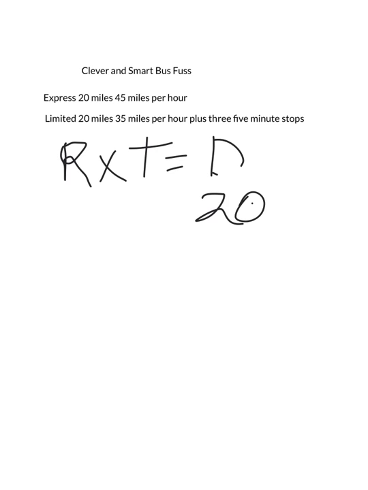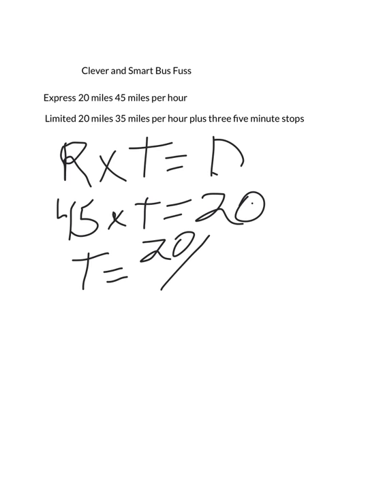So we have this formula, rate times time equals distance. And we know the distance is 20 miles. We know the rate is 45 miles per hour. And what we don't know is the time. So we can divide both sides of that equation by 45, and we'll get time is equal to 20 divided by 45,